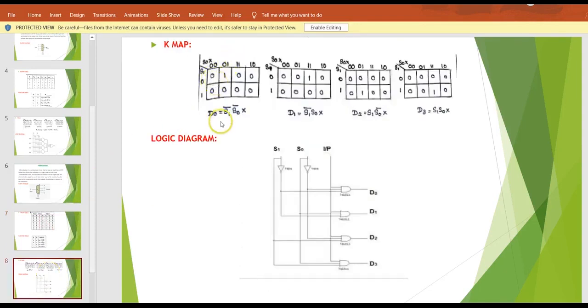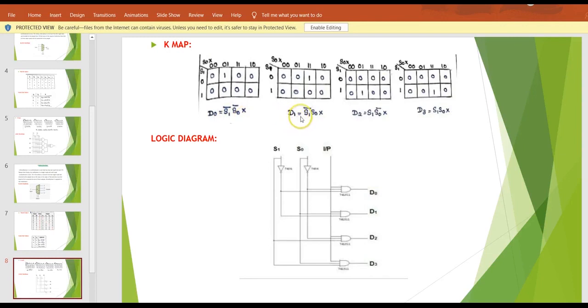I need D0 as output, so I'll get D0 as an output when S1 is 0 and S0 is 0, and the expression is S1 bar, S0 bar, and X. Here this is the second combination.